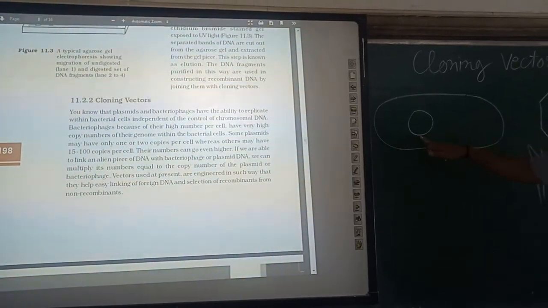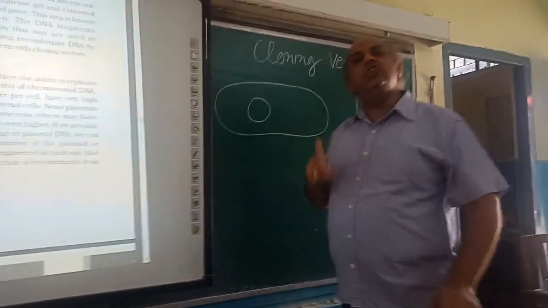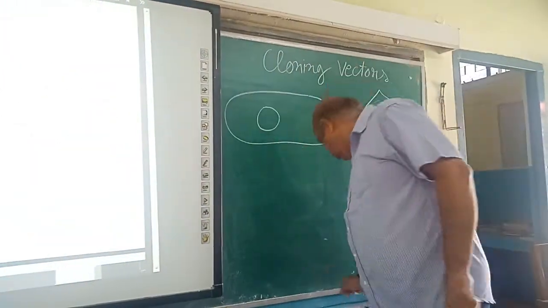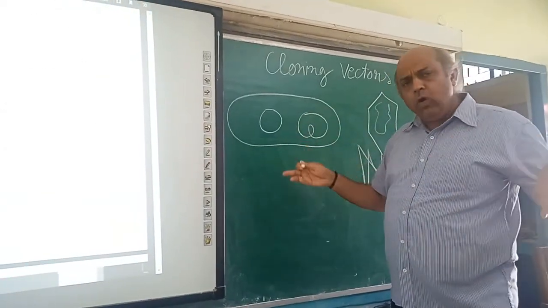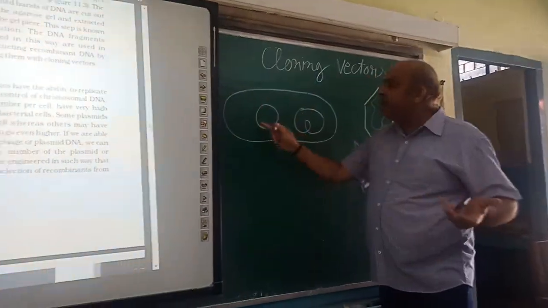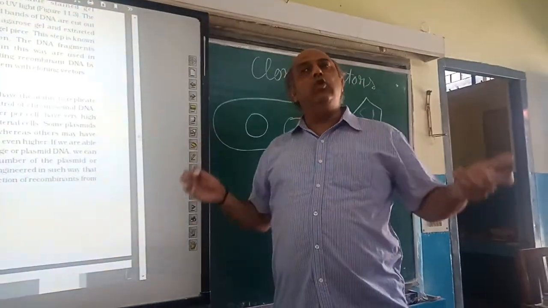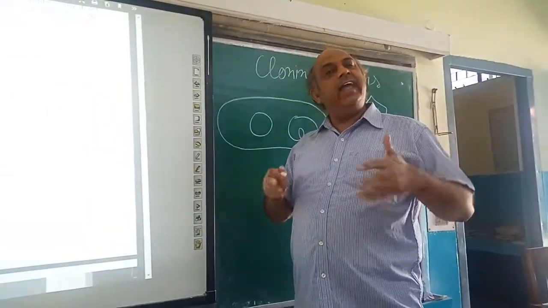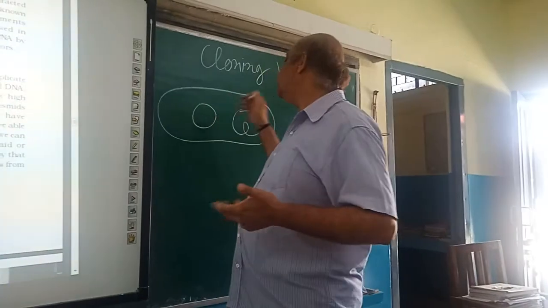What is a plasmid? A plasmid is a circular molecule of DNA which is present in some bacteria like Escherichia coli and Salmonella typhimurium. These plasmids are totally different from the genetic material of the bacteria. We all know the genetic material of the bacteria is called nucleoid. That is a different thing, and plasmid is a different thing. Plasmid is a self-replicating circular molecule of DNA. Generally, plasmids carry genes against antibiotics, and these genes give antibiotic resistance to bacteria.